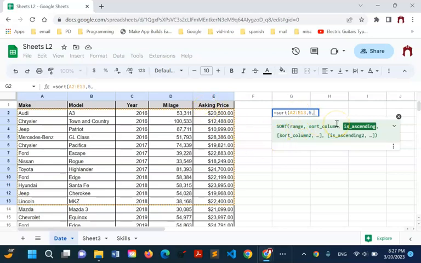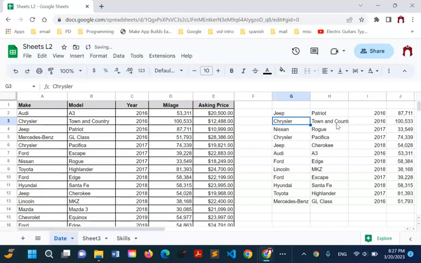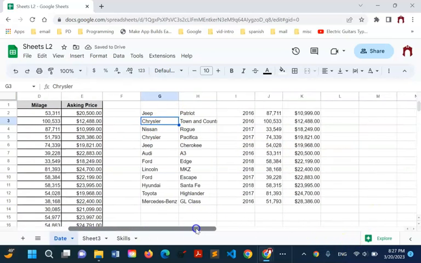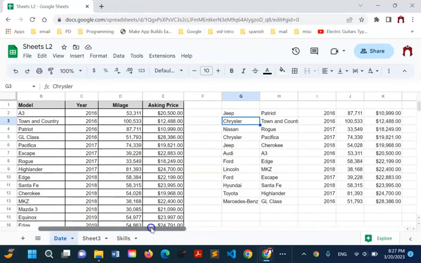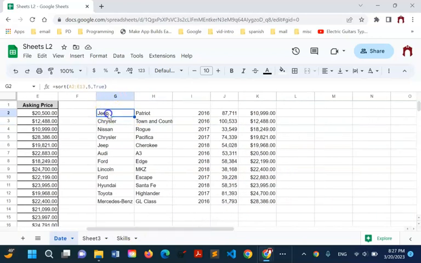And the correct value for this is either true or false. If it's true, it's going to be alphabetic from smallest to greatest. If it's false, it's going to be reversed. Let's take a look. If I simply hit the enter key at this point, you can see, let me scroll over a little bit, that we now have the least expensive car working up to the most expensive car of the set I selected. Okay, if I edit that to say